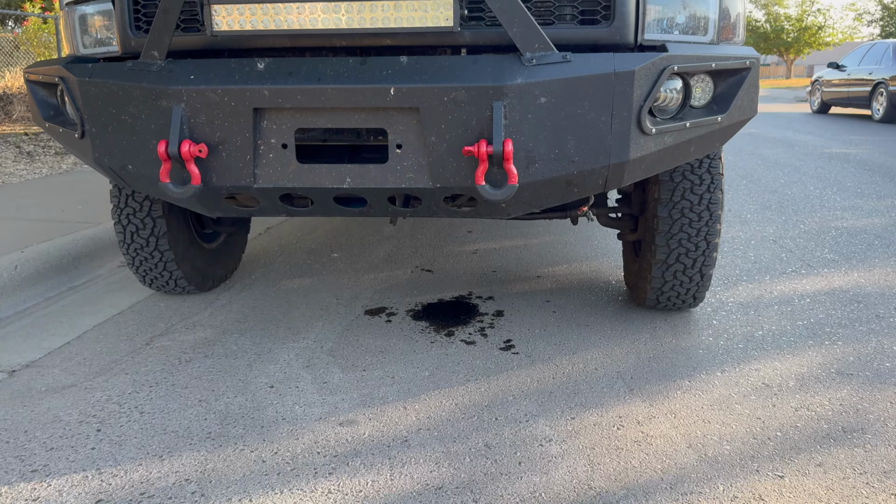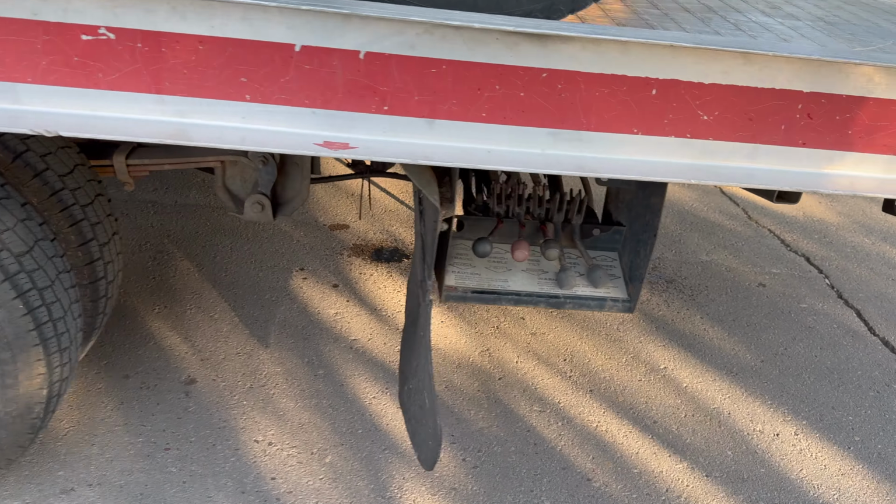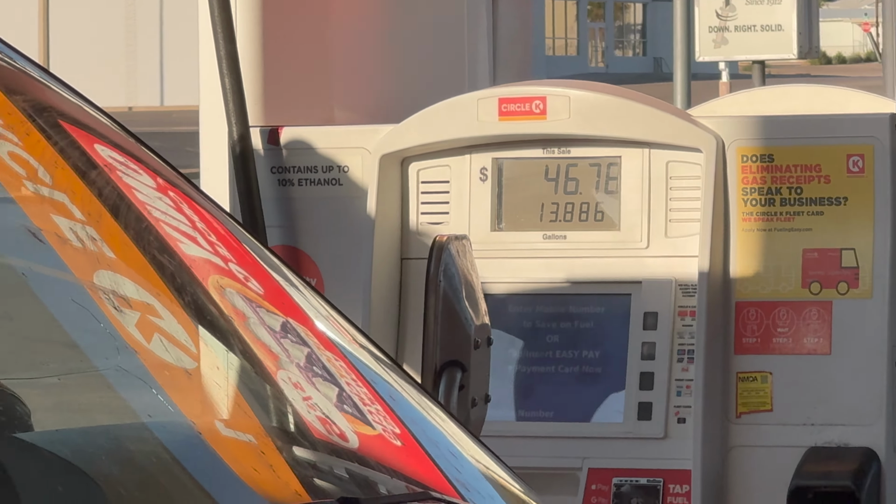It's about time to work on the tow truck again. It is ridiculous. And it's no better in the rear. I gotta deal with that Ram. I got fueled up. It was 46 bucks to get here. So I'll say about 100 bucks on top of the 1,200. Total, I'm in this as of right now, 1,300 bucks. Not bad for a runner driver. Seriously, when I was looking at a 1GR for 2 to 3 grand, I was like,